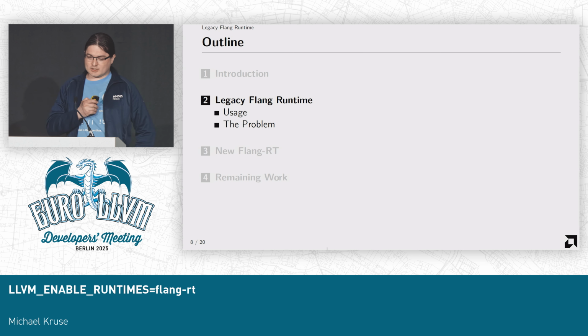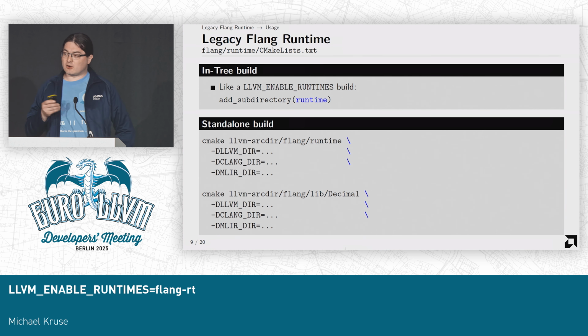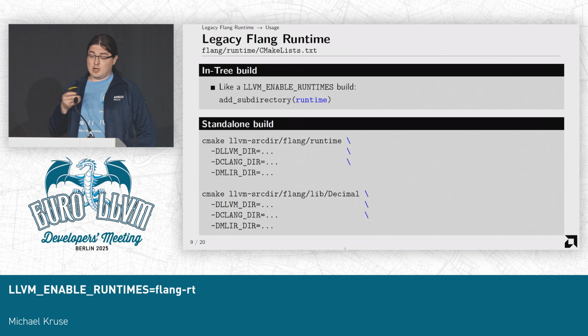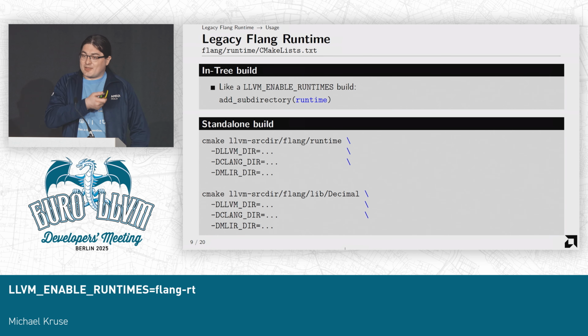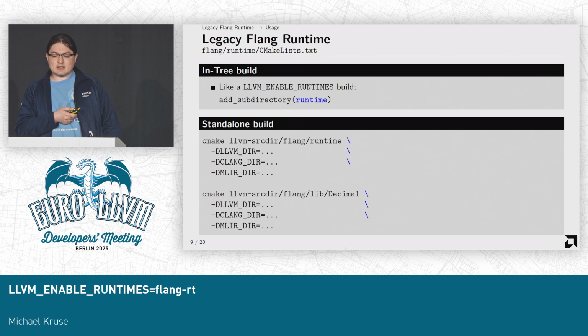So what's new here? What did Flang do before? There are also two build types. First, you use the normal in-tree build, as it was called, which just goes into a subdirectory and builds with the same compiler with which Flang itself is built. But you also have a standalone build. In that case, you would use a different top-level directory, and you would tell it where to find the LLVM, Clang, and MLIR files,